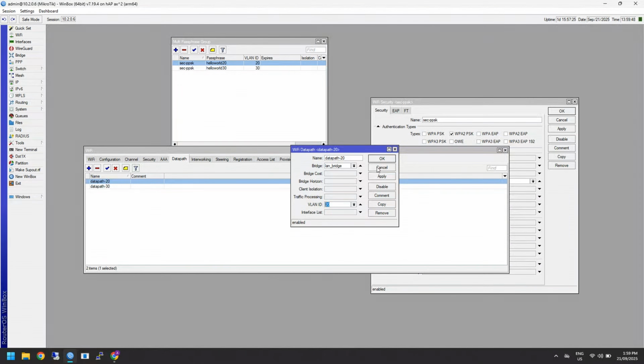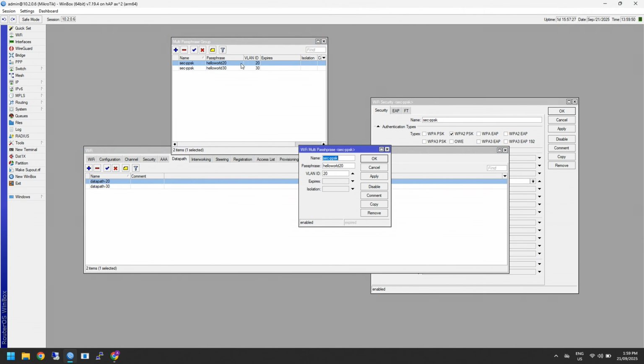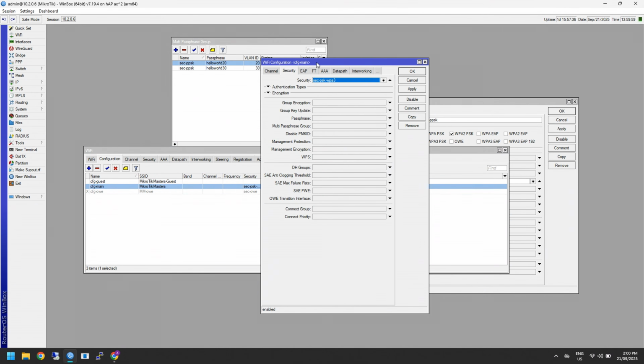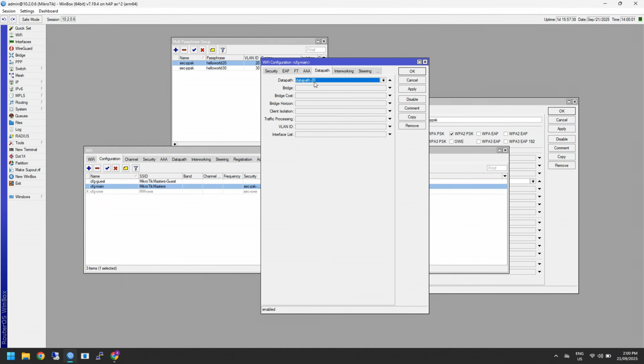CapsMan. So if I was to get rid of that, so get rid of 20 and just have it like that, it would use, under my configuration, under the data path, whatever was set there for the SSID. However, because I want to overwrite that, I can technically get rid of this, but I still need to actually tell it what bridge to go into. So I'm just going to change that from the data path just to specify the bridge,